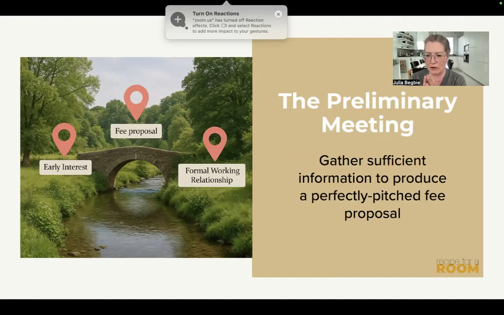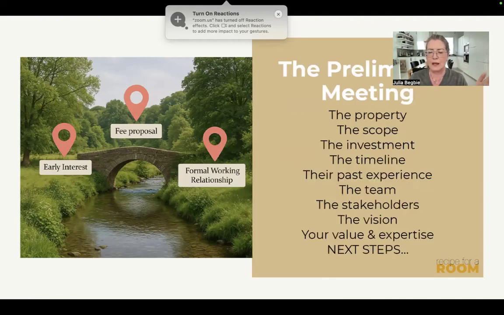So during this preliminary meeting, we want to gather enough information to produce a fee proposal for them that is perfectly pitched, that feels custom, feels bespoke, feels like it was obviously tailored just for them. So during our preliminary meeting, we are going to speak to them about their property, the architecture, the age, the condition, the location, whether there are existing floor plans, all that kind of thing, the scope of the project, exactly what interventions they want in this building, what it is they're hoping to achieve,